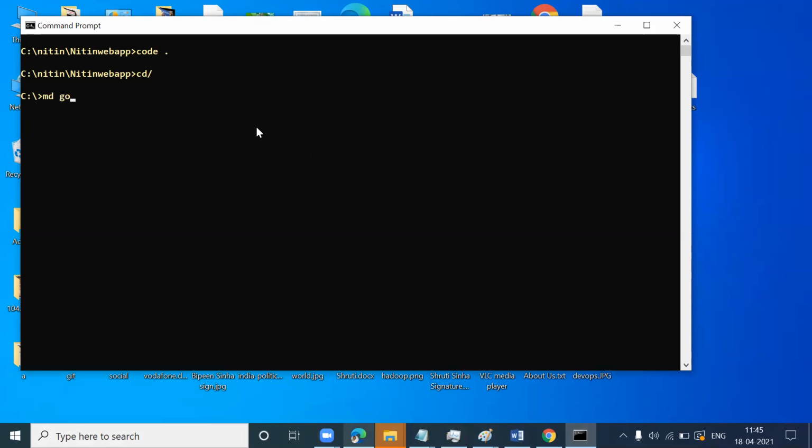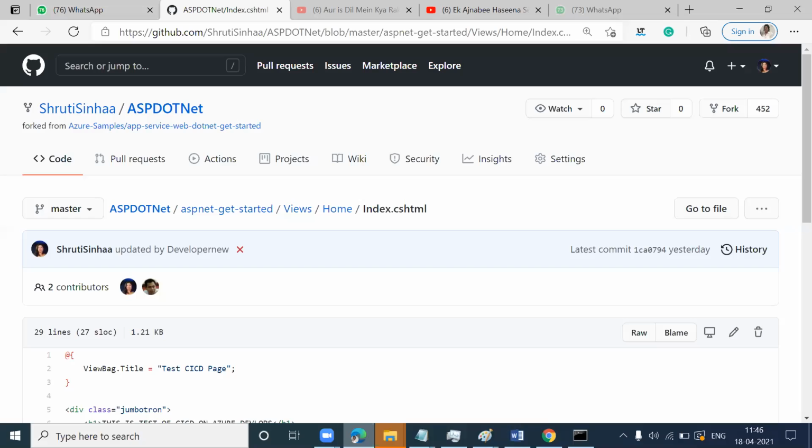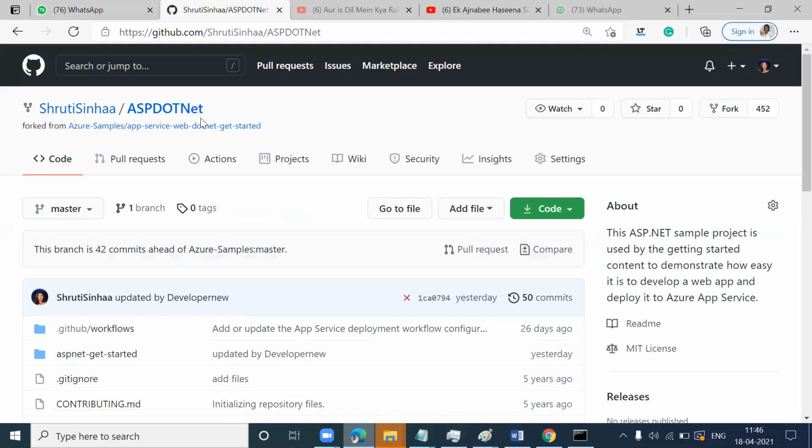Now Gopi, let's first work on the code. Remember, this is the same code which we worked on yesterday. But let's see it from a development to deployment perspective. So first you copy the code URL.